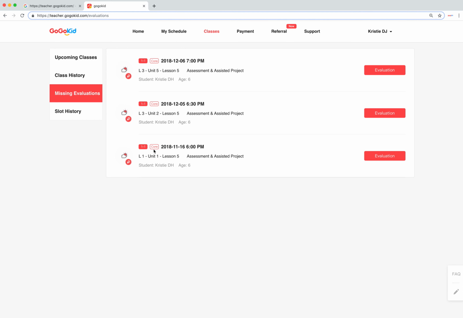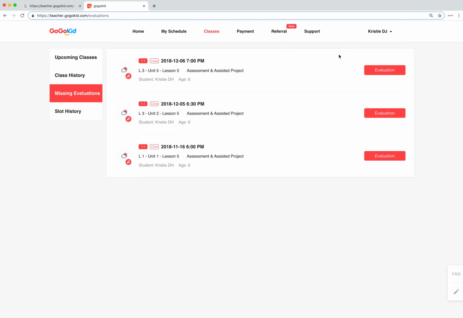If there is a section on the form that is not applicable, just set the selection to no mention or make a note of it. You are also able to go back and view the lesson content by clicking Lesson Content in the top right corner of your evaluation form if needed to help with completing the student evaluations. Please keep in mind that all evaluations need to be submitted within 12 hours of class time to avoid any